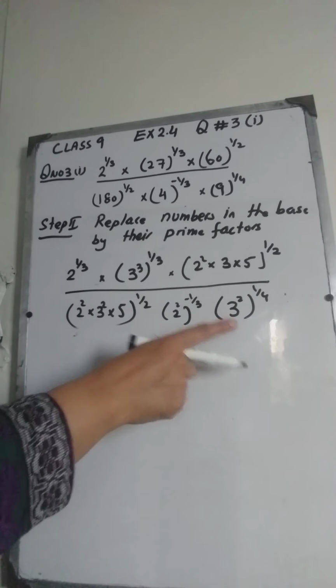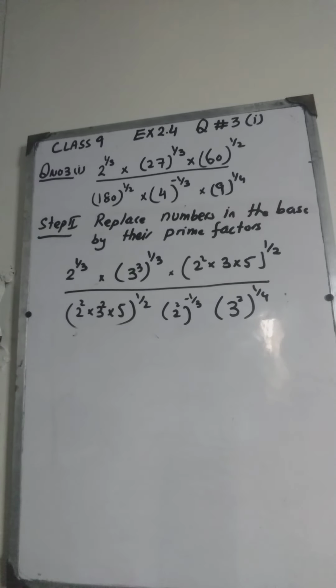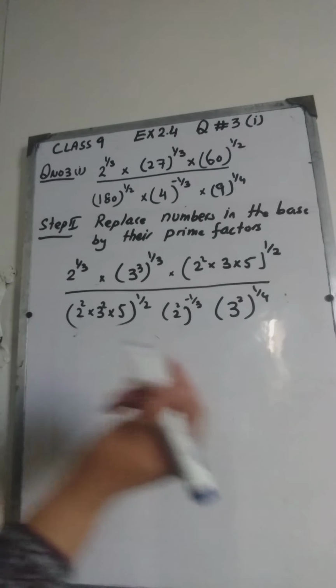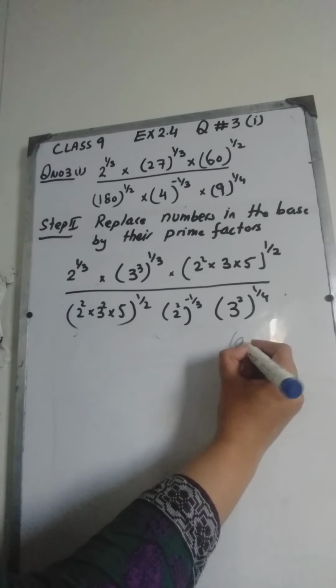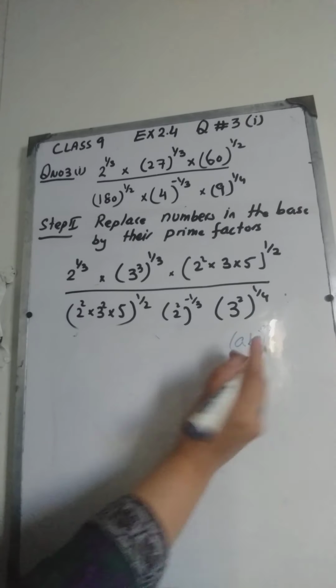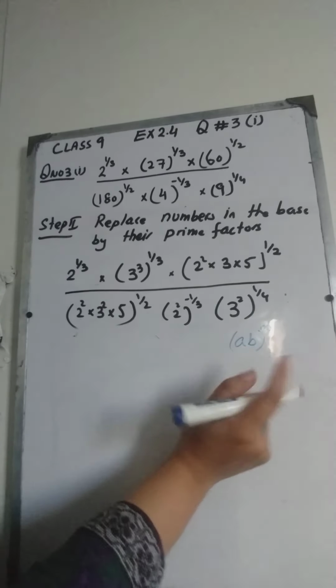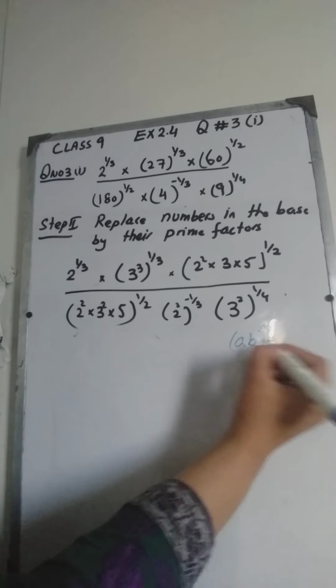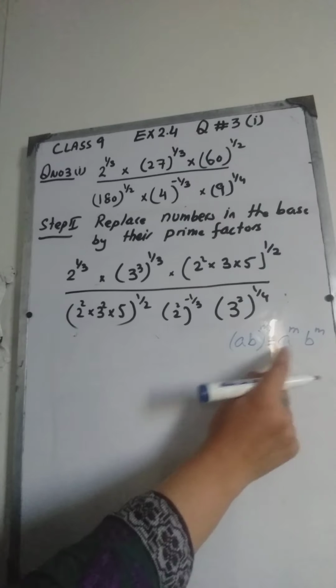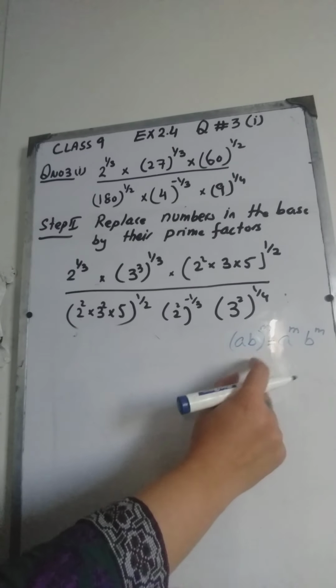The next step we are going to do is apply the concerned laws. The law that we are going to apply is that when you have a product of 2 or more numbers, and there is a power applied on this product, then we can also first apply the powers and then find the product. The answer in both the cases will be the same.